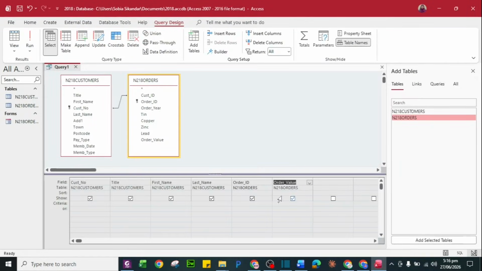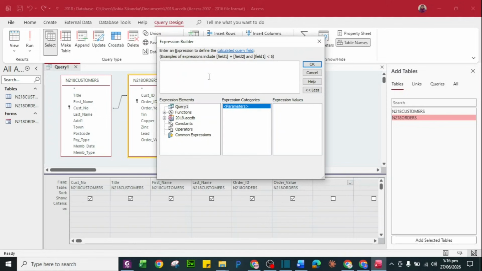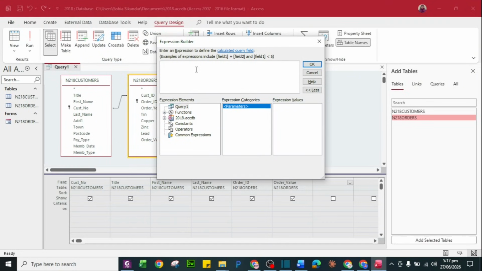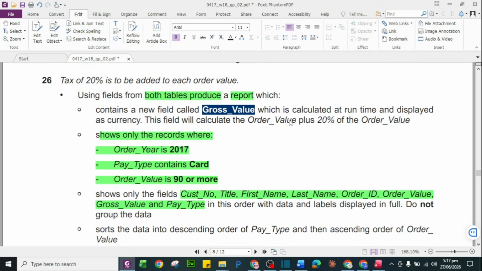So for gross value, as it's not available in the fields, we need to create it. Go to the builder. Be vigilant regarding the spellings, the gross value spellings. Give the title gross value, and then next option which we will take is order value.